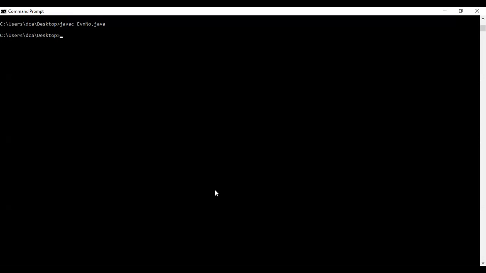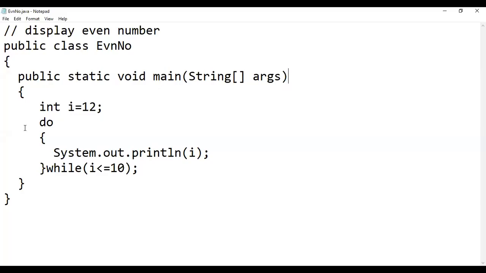So now we can execute it. So it displays 12 on the screen, although this is not less than 10. So the do while loop executes at least once, although our condition is false.